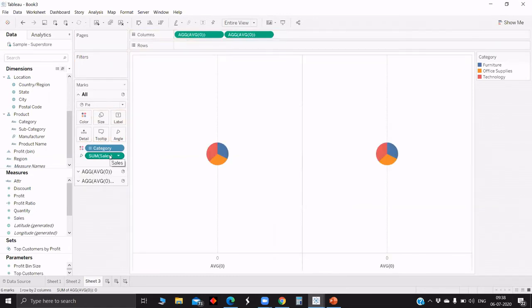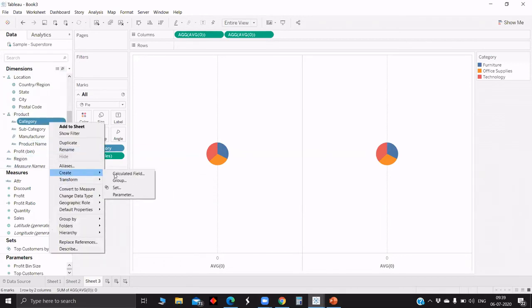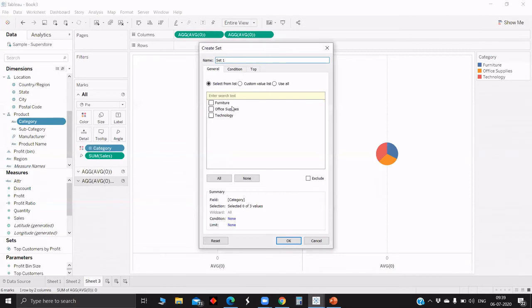Now we have to create a set for category. How do we do that? Right click on category, create set, all. You can rename the set like this.